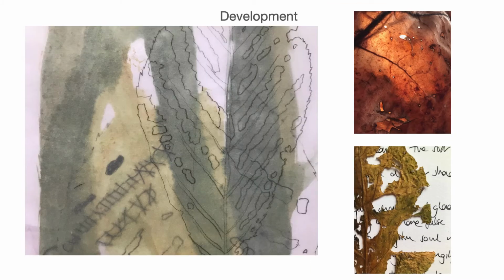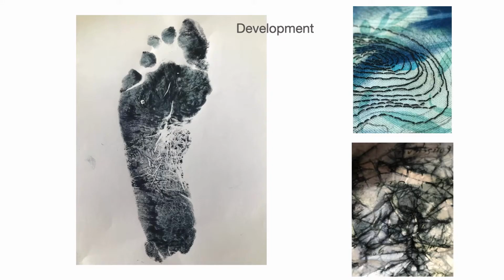This shows the development. On the left is some basic layering up of imagery, and the lines there are taken from a cyanotype footprint I made. These here really show how I started with textile and drawing and writing and did physical media and moved through into digital, stitching the lines that came from the footprint and working with the letters, which is bottom right there,